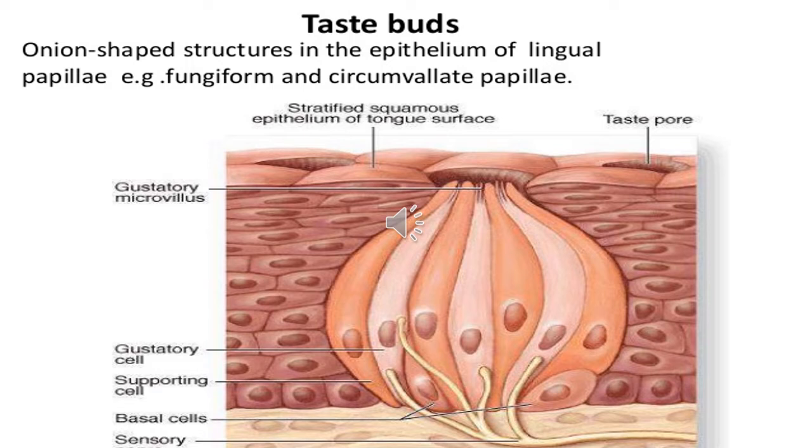You can see the supporting cell. The other name for it is the sustentacular cell. Then come the neuroepithelial cells or the gustatory cells. These are the taste cells or the type 3 cells, and they are elongated tall columnar cells that extend from the basal lamina to the taste pore. And they have got what? They have got nerve endings in them.